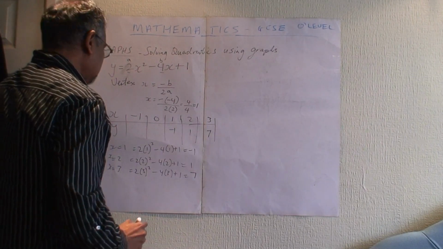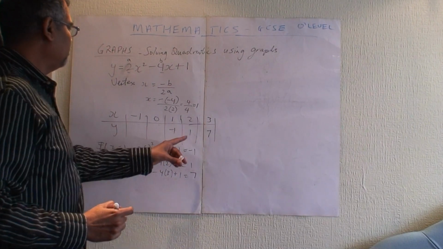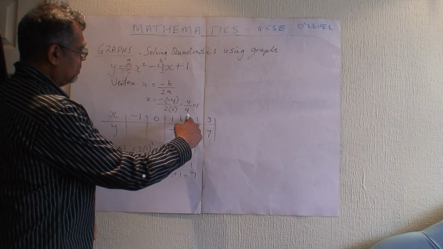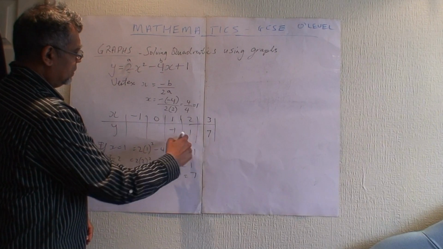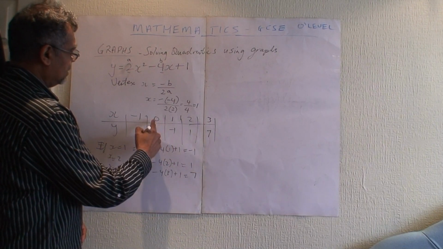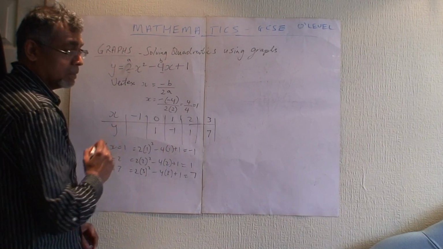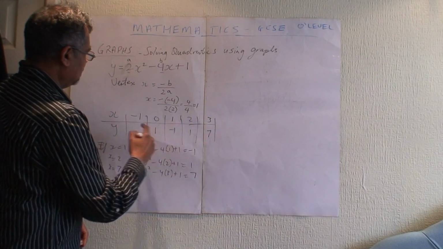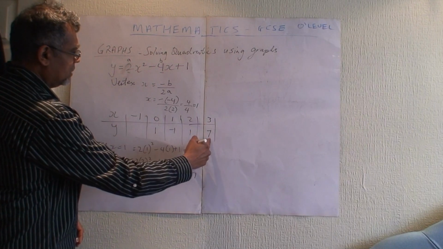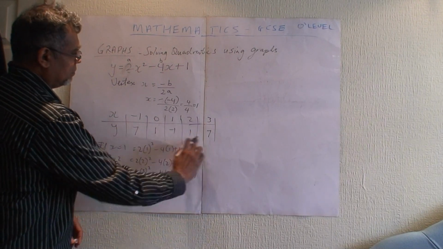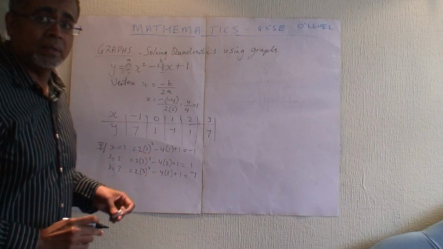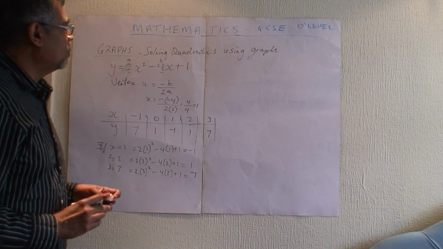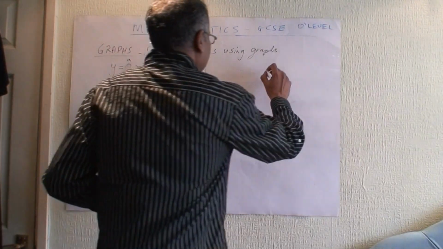A good way of looking at it is from the vertex here, where x is 1. This is the same as saying that if x is 0, y is 1. If x is 3, y is 7. If x is minus 1, this is the same as the 7. You can work it out in your own time. It works that way. So if you want to plot it on a graph,